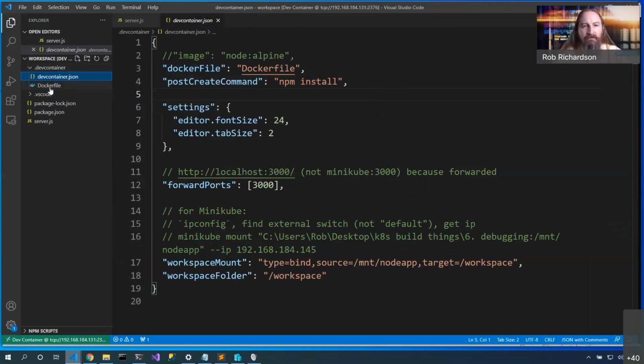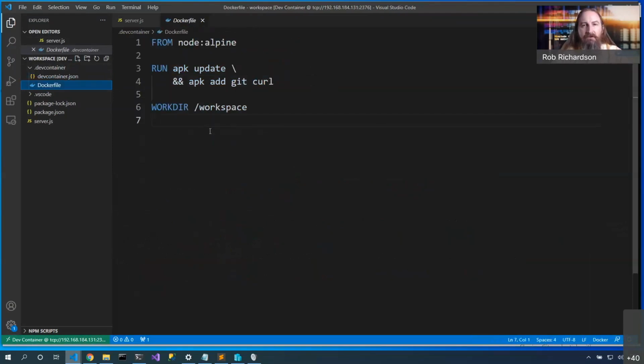Now you'll notice that we're not doing any copies, we're not doing any volume mounts, we're not starting anything with CMD. This is just creating the environment that VS Code can use to be able to set up our environment. Now in this case, I used Node Alpine and I specified the workspace directory. I also installed Git and curl in case I wanted to do any source control actions here inside the container.